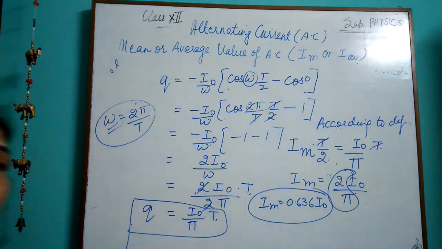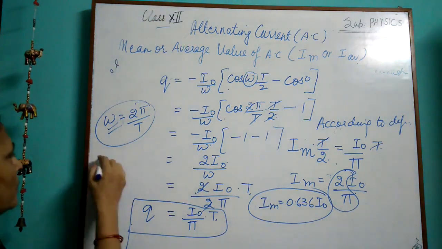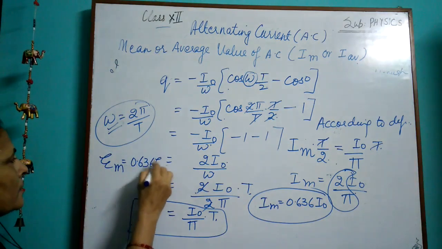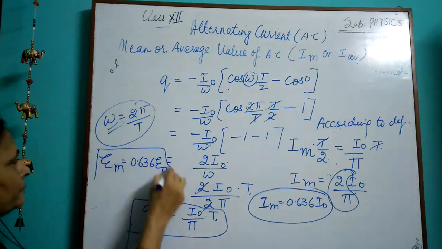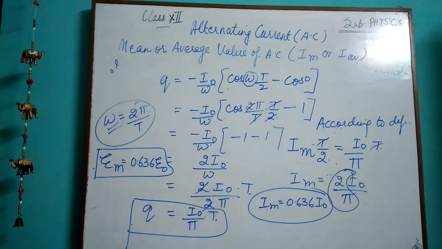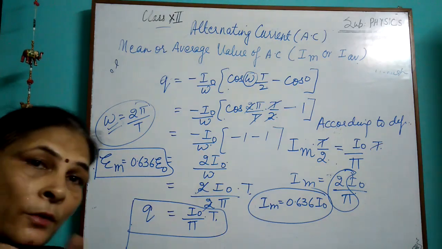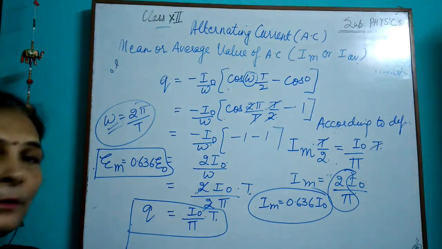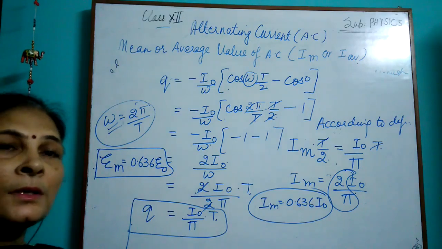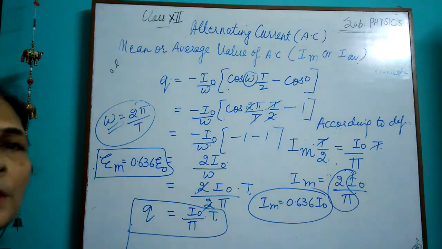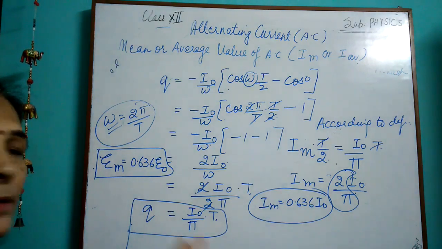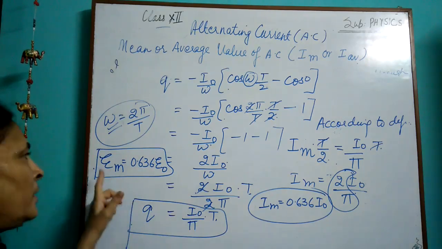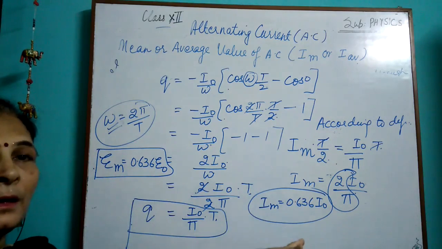And the same relationship will hold for induced EMF also. If I find out EMF, Em will be equal to 0.636 E naught. And this derivation we can do with the cos wave or the sine wave, because the formation is the same, the waves are the same, the variation also remains similar. The only thing is, for our convenience we will be using the sine wave only, because it gives us 0 value at theta equals 0. Otherwise we can do it with both the waves. So both can be taken. All right, so this is the relationship between Em and E naught, Im and I naught.